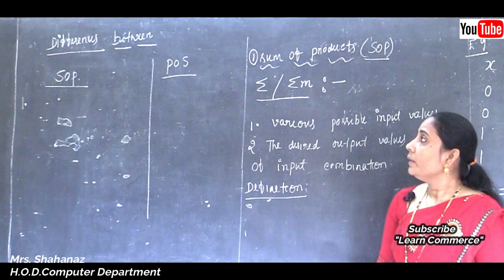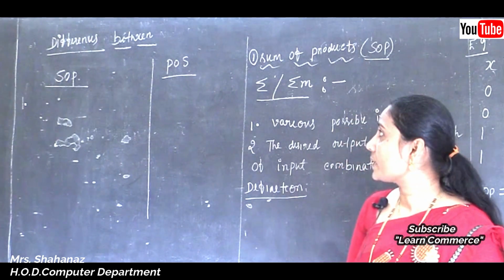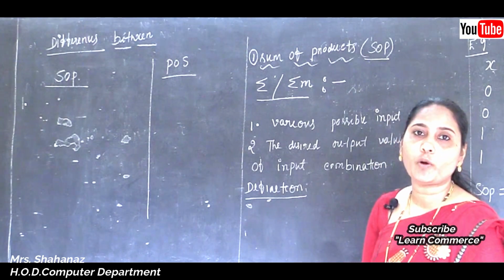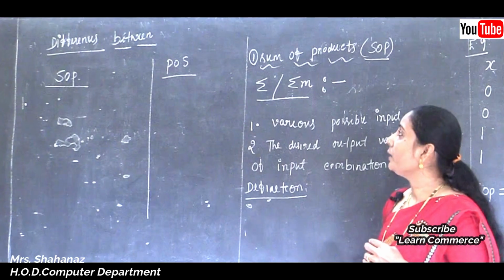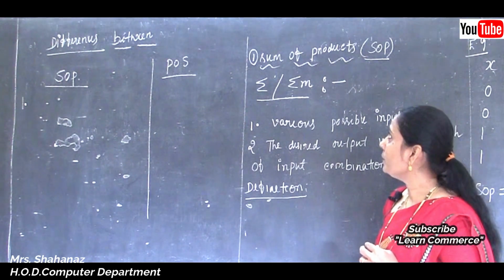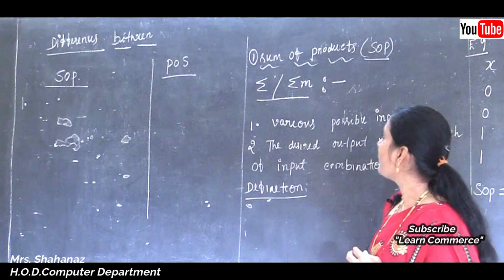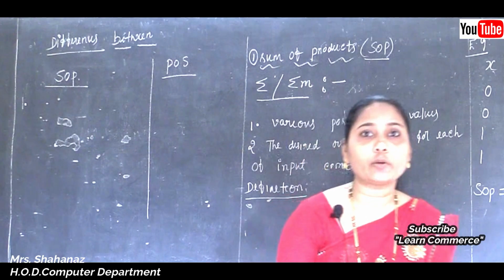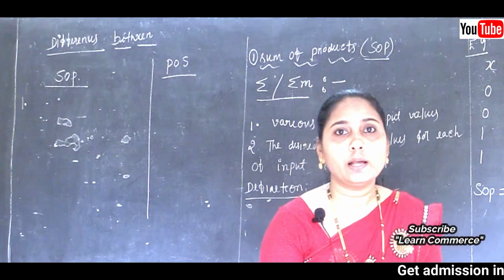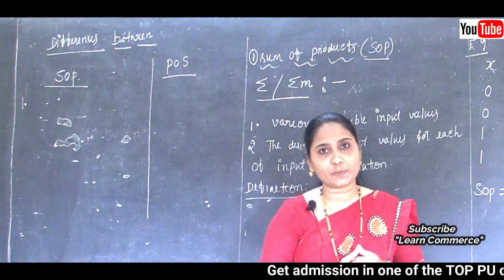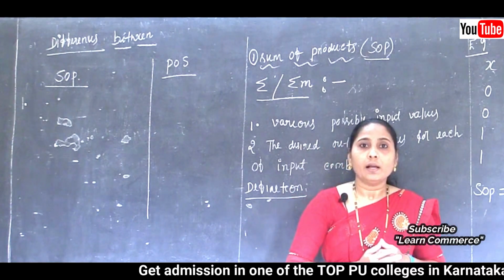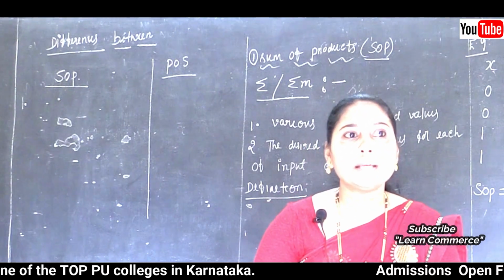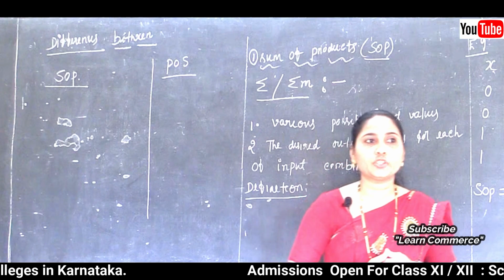In today's class, we are going to discuss the differences between SOP, sum of the product, and POS, product of the sum, and also the definition of the sum of the product, and lastly, by using some examples, how we are going to complete some of the products. And we know that canonical expression means composed entirely either of min terms or max terms is referred to as canonical expressions.